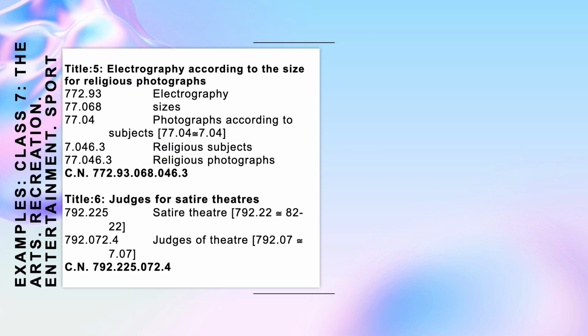So electrography 772.93, sizes 77.068 and 77.04 is photographs according to the subject, and there is an instruction that is 77.04 subdivided as 7.04, and you see in 7.04 7.3 is religious subject, so the 77.046.3 will be the religious photograph. So the final number will be 772.93.068.046.3. Then title 6, judges for satire theatre,